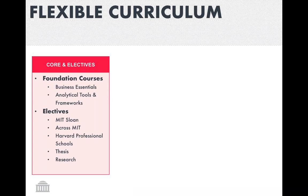So you have your operations courses, your marketing courses, finance, and then you have all your analytical tools and frameworks courses. These are those science of management courses that I mentioned much earlier on. These are the courses that are going to give you the tools and frameworks to drive data-driven decision-making in your business essentials. So system dynamics, data models and decisions, which is the first course at MIT Sloan in analytics,